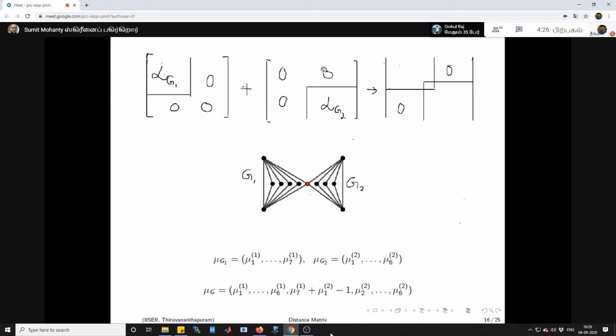And addition is basically you are adding in the cut vertex entry. And in the case of the mu also, if I identify the 7th vertex of this block with the first vertex of this, then every other entry is exactly the same. At this entry, it is addition of these two minus of k minus 1. Two blocks are added, so it is minus 1 in this case.